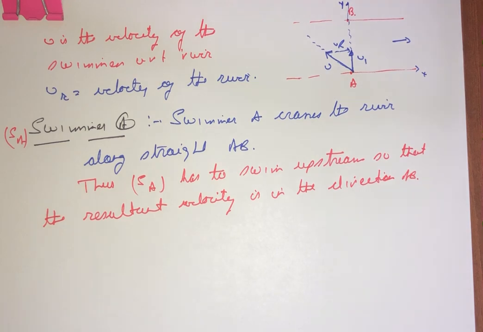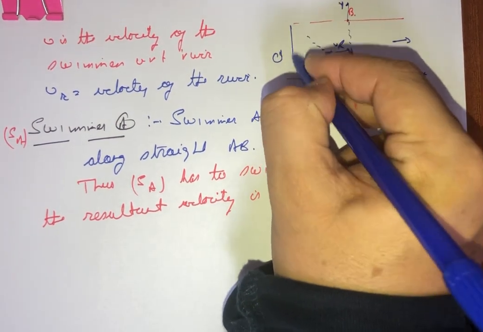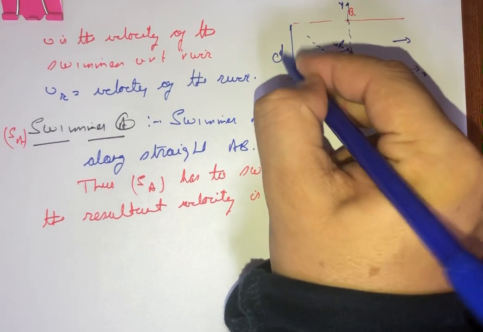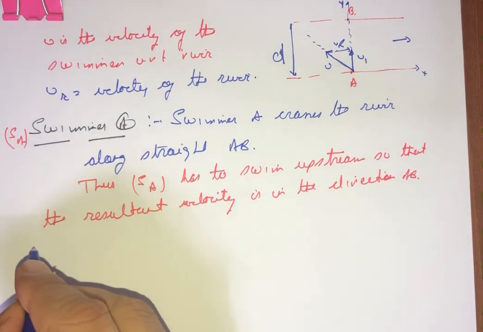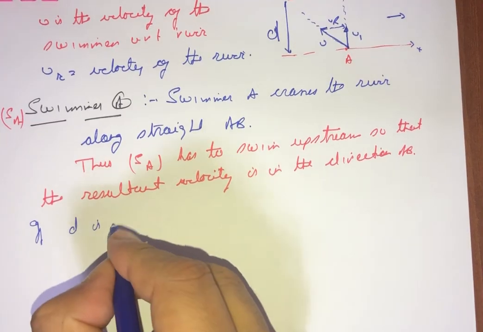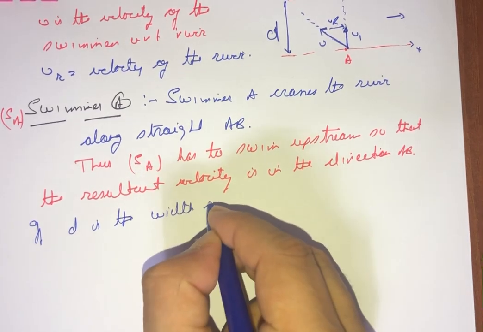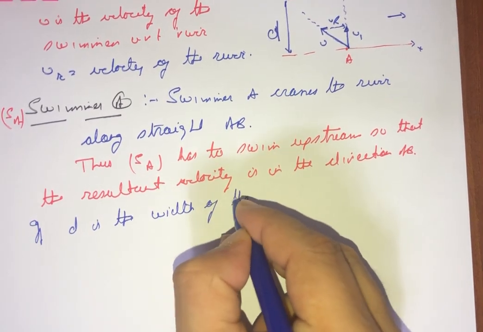Okay, so if D is the width of the river,